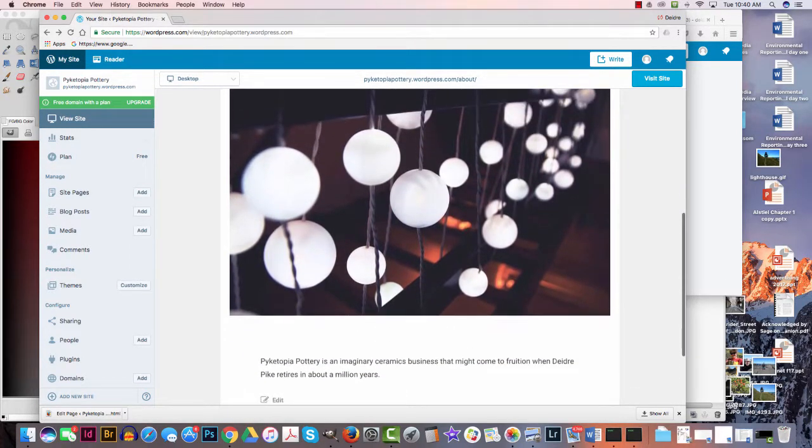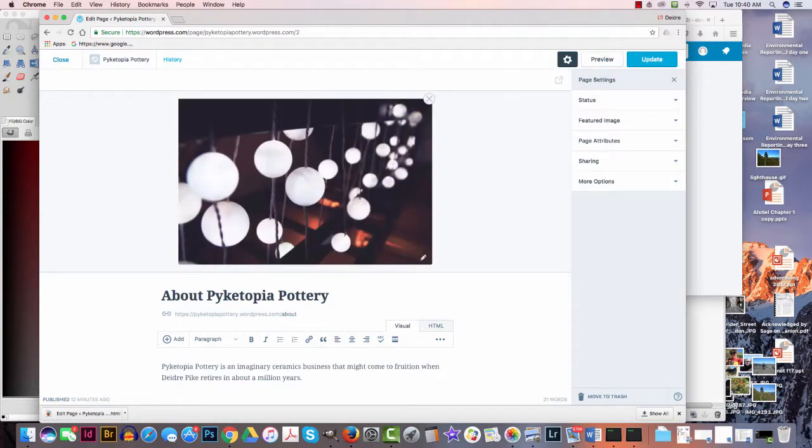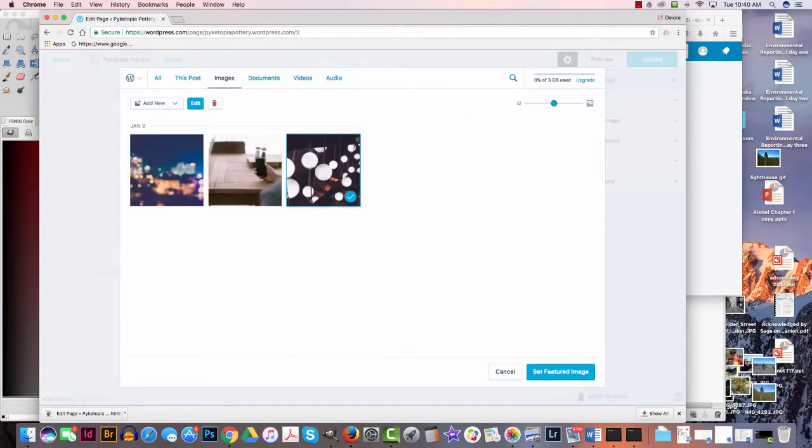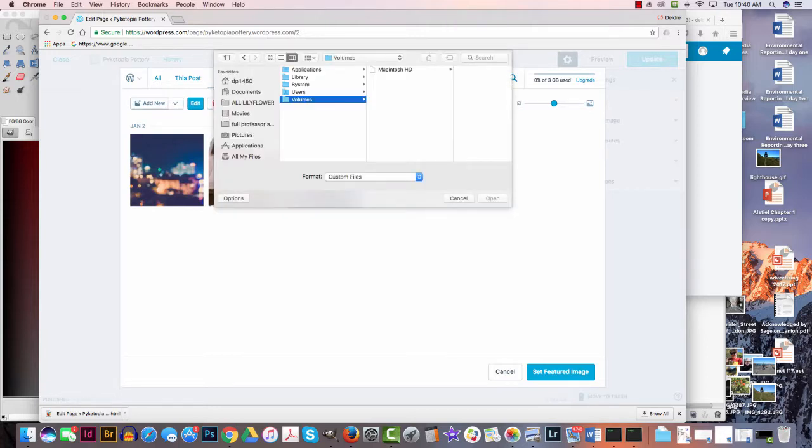I'm going to click on edit again. Now I'm going to put a different photograph up here. I'm going to click on this edit button here, and I can put a new photo. I can put one of the photos that comes with my pretty blog theme, or I can add a new one. I'm going to click on add new, and I just happen to have about 1 million photos on my desktop, but there's one that I like that I'm going to put here from my desktop,